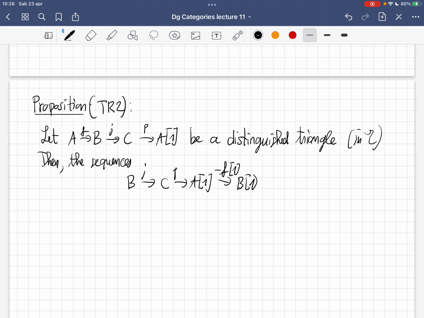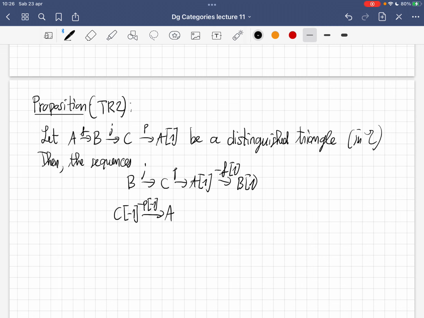There are some reasons why there's a minus here, some reasons I didn't really understand myself. These signs, as I said, are not very relevant conceptually, but have to be taken care of, unfortunately. You have this sequence and also this one,